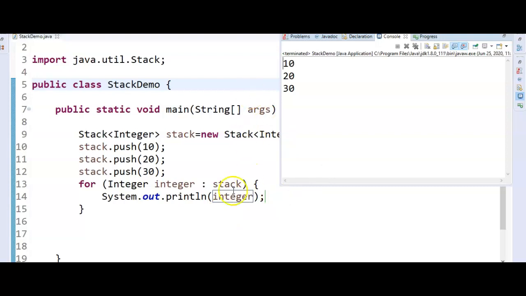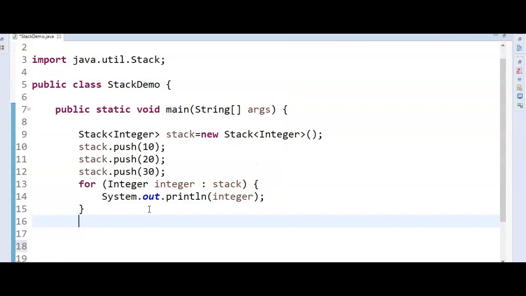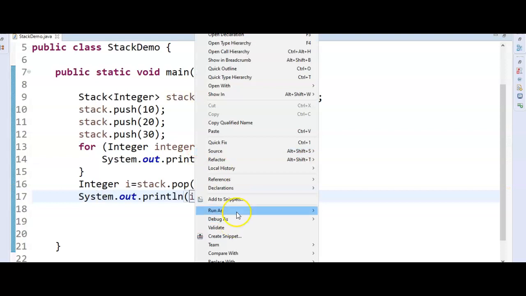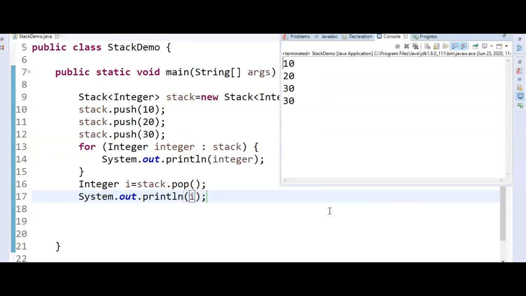Now we'll remove the element from the stack. How do we remove? stack.pop. When we say stack.pop, what will it return? It will return an integer value. So Integer i equal to stack.pop, and just say system.out.println. It will remove the topmost element from the stack.